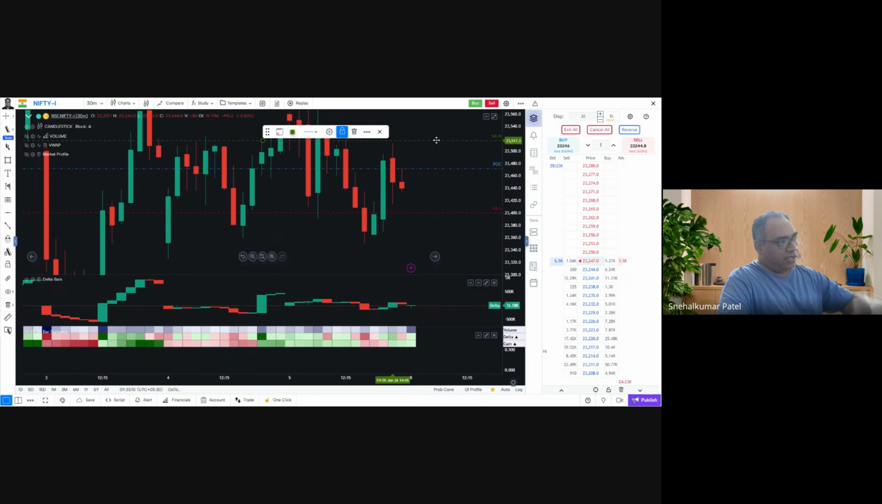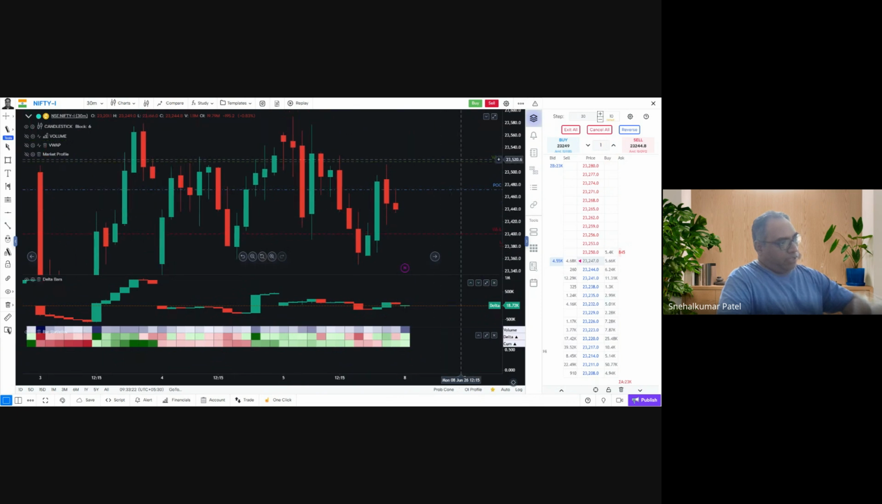They'll start selling, and here at the value area low, the buyers will start activating that. They think that the ideal price should be this, but it is at this price. Let's buy. So value area high and value area low is like a